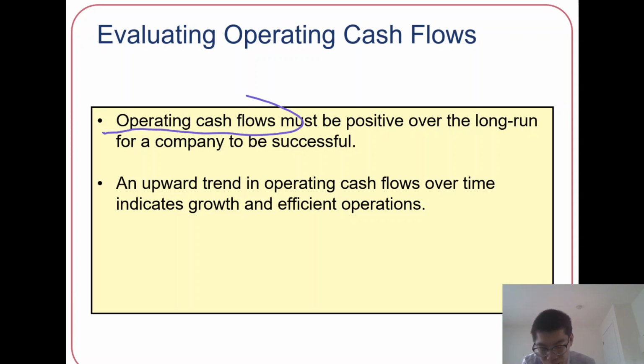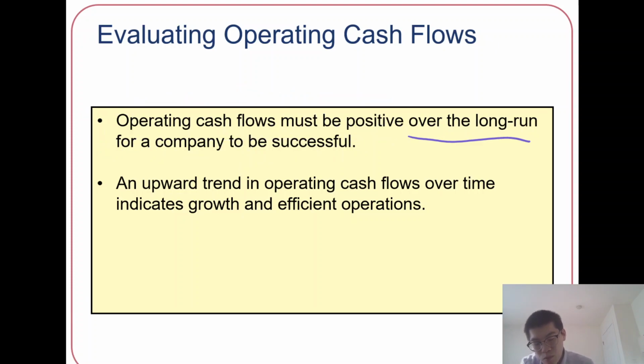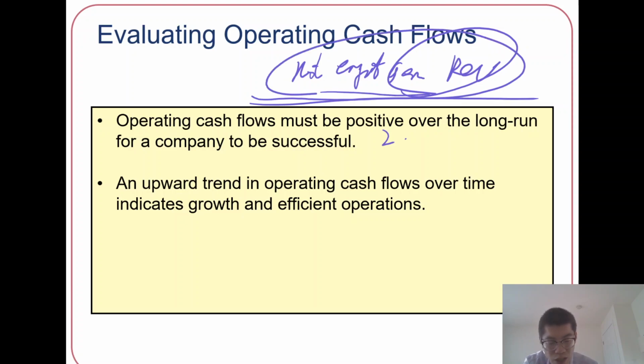So operating cash flows must be positive over the long run for a company to be successful. The fundamental reason is that we don't have enough cash generated from operating activities. The first problem is that we are not generating enough revenue, which means our business is not popular, not attractive to the customers. And second, if we don't have enough revenue, we are not going to have enough